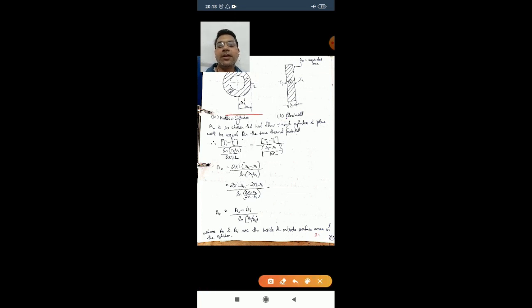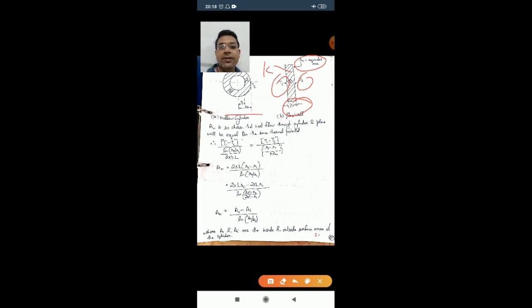Its thickness is R1 inner radius, R2 outer radius, T1 inner temperature, and T2 is the outer temperature, K is the thermal conductivity. If I am considering the same heat transfer from the plane wall, then the plane wall thickness will be equivalent to R2 minus R1. T1 will be the temperature at the inner surface, T2 outer, and A mean let it be an equivalent area with thermal conductivity K.